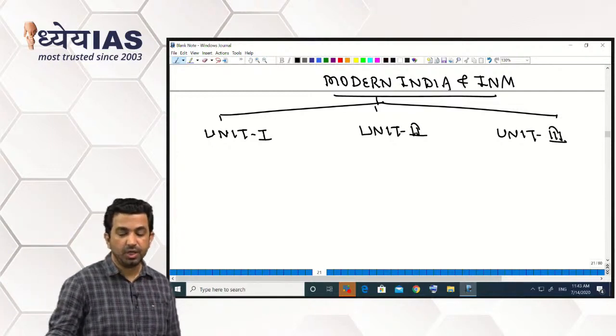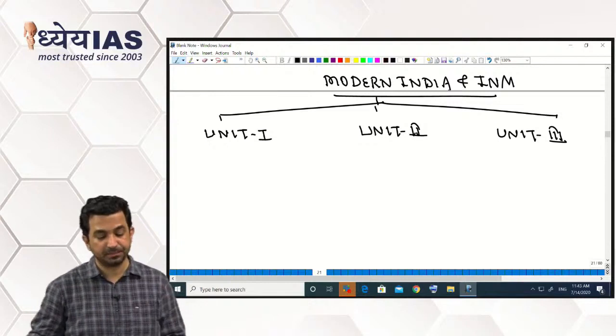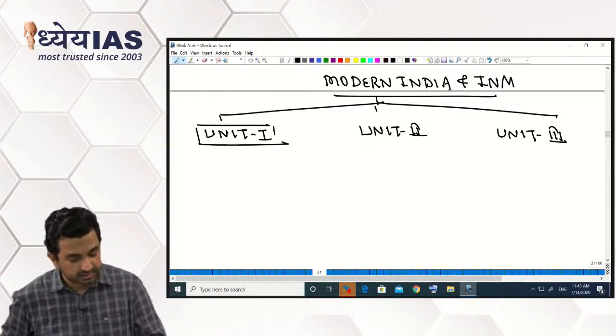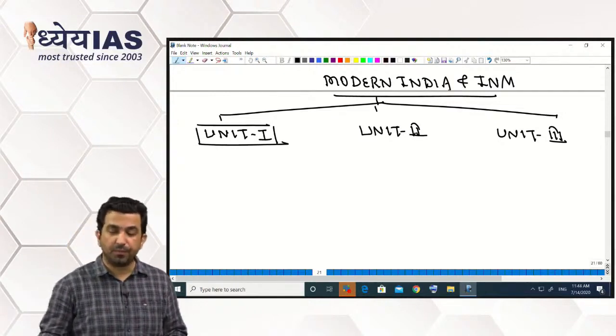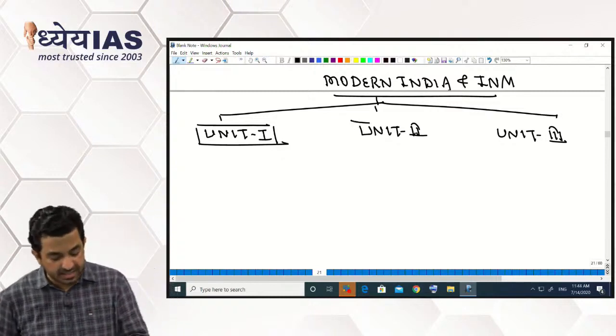Unit 1 of modern India and Indian national movement